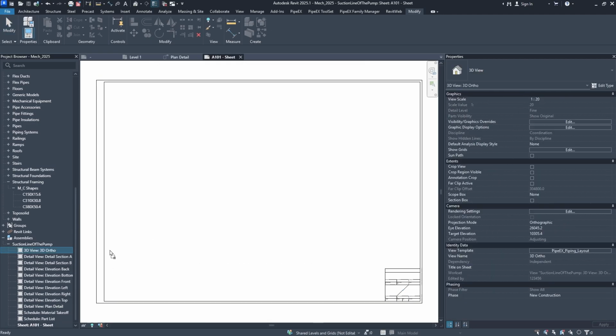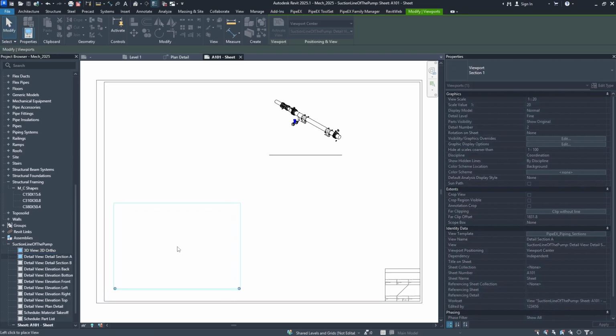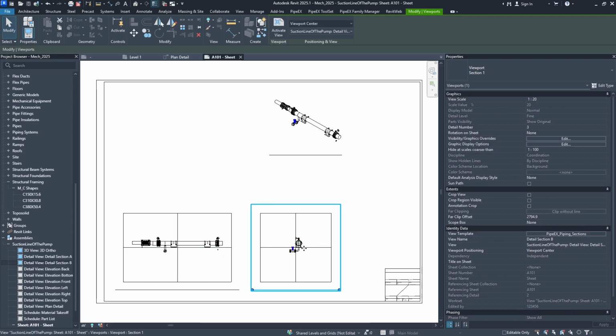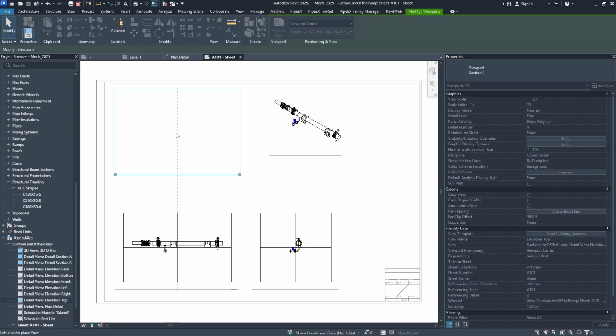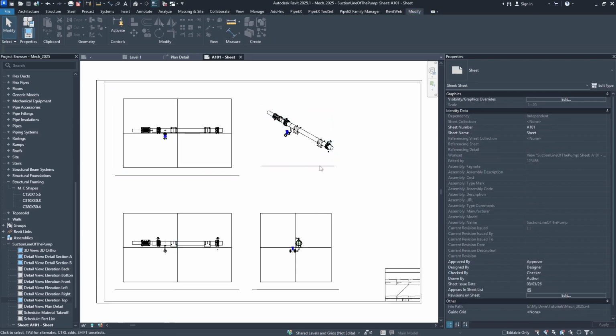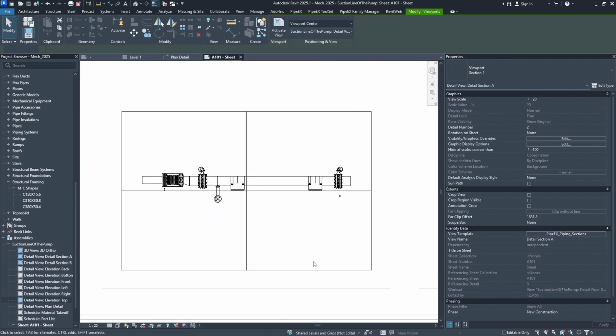Then I move to the sheet and I just start to place components. As you can see, some of the components already started to automatically align. Then I'm going to add the top view. Let's say I would like to keep this 3D view somewhere over here. What you can do here, for example, you can modify this view a bit. So you can add